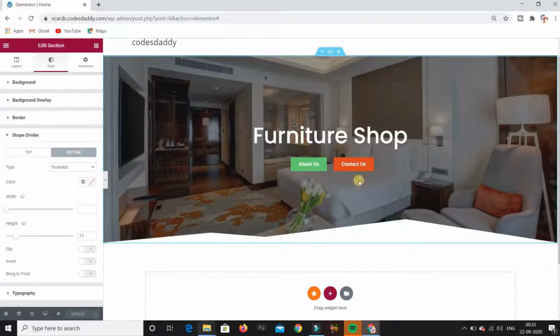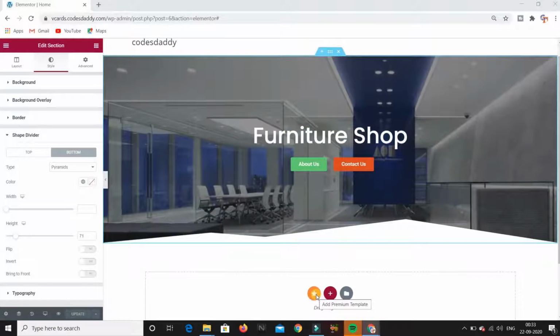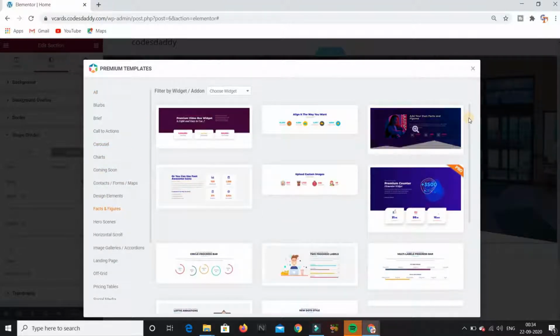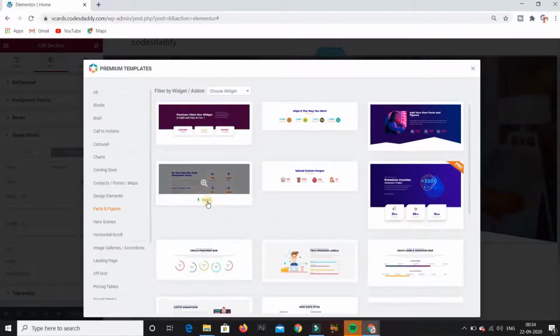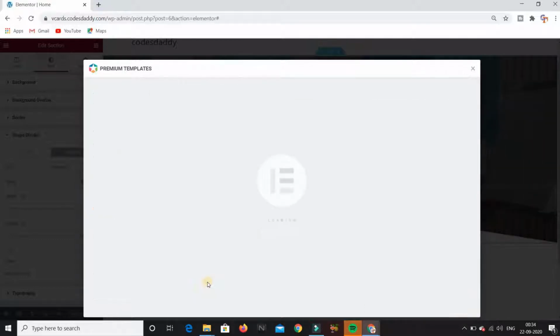After that we are going to integrate an infographic here. So I will click on this yellow star. It appears here because we have installed a plugin known as Premium Addons for Elementor earlier. So I will click it here. After that, when this page arrives, go to facts and figures and click on any of the infographics, but I would love to insert this one. I will click on insert.